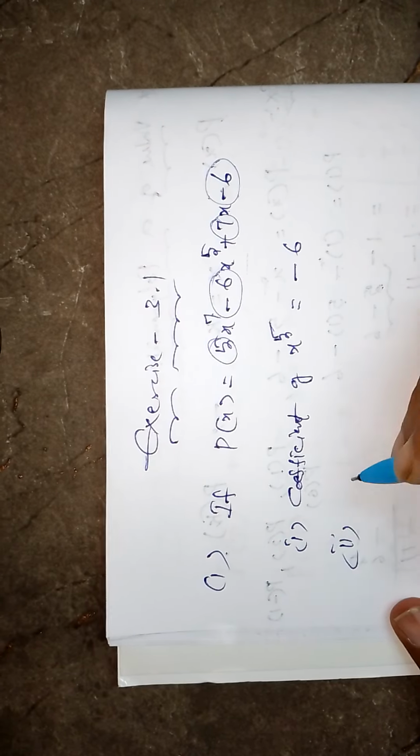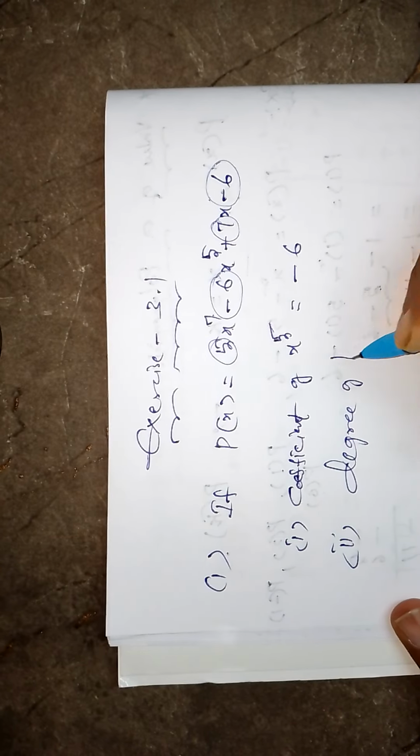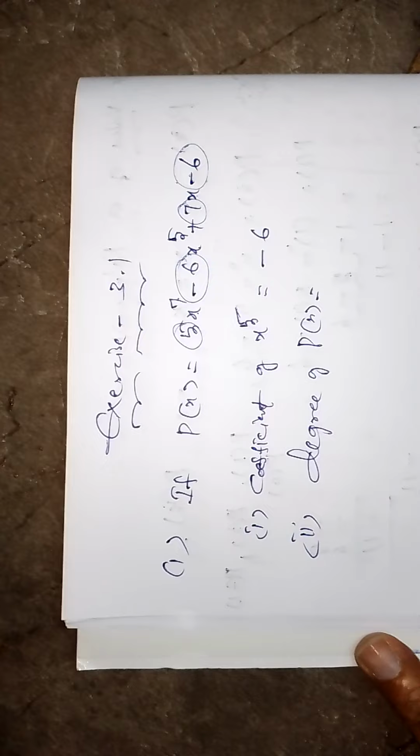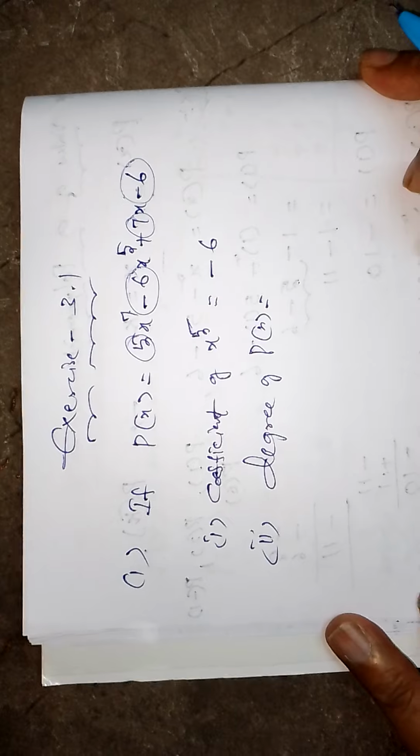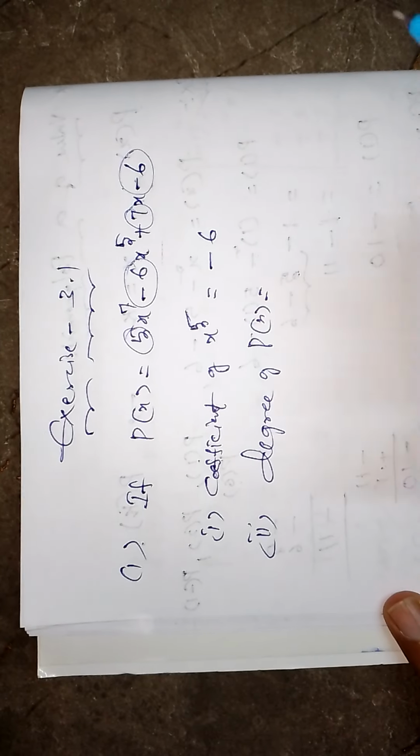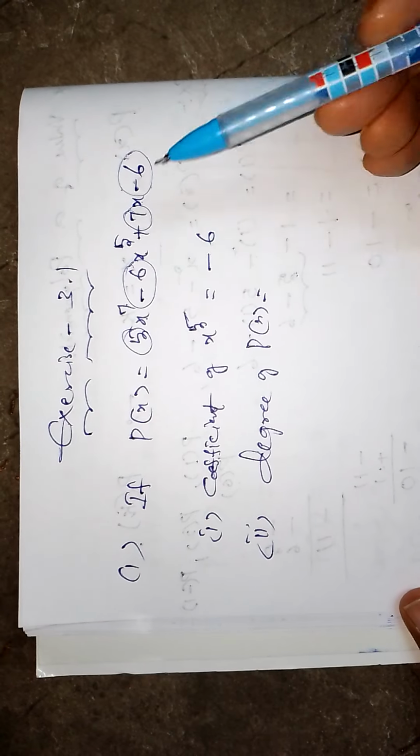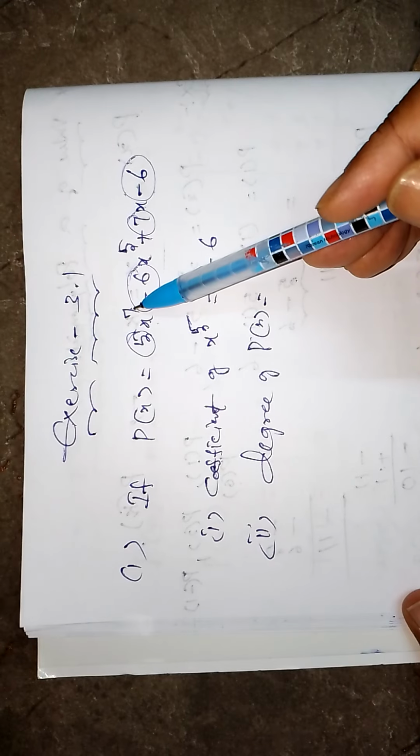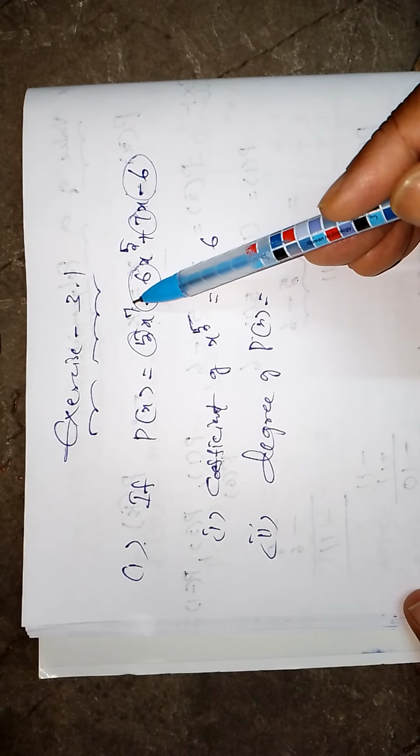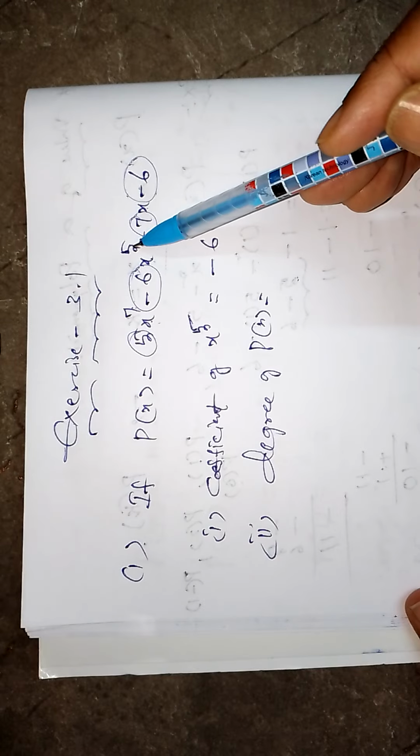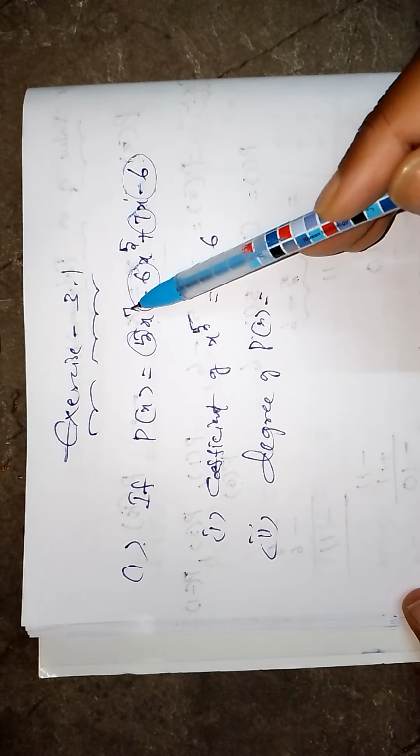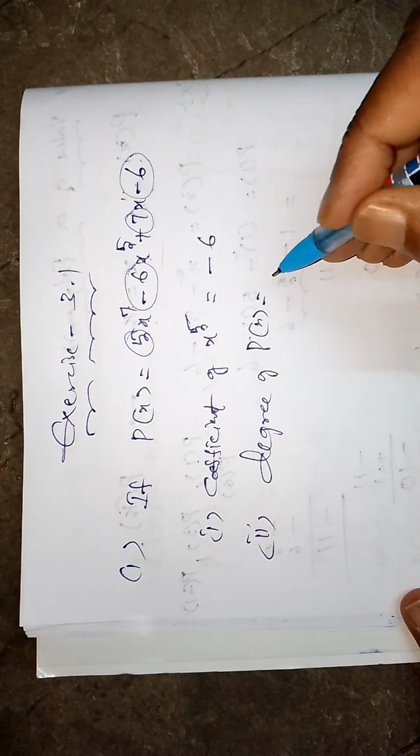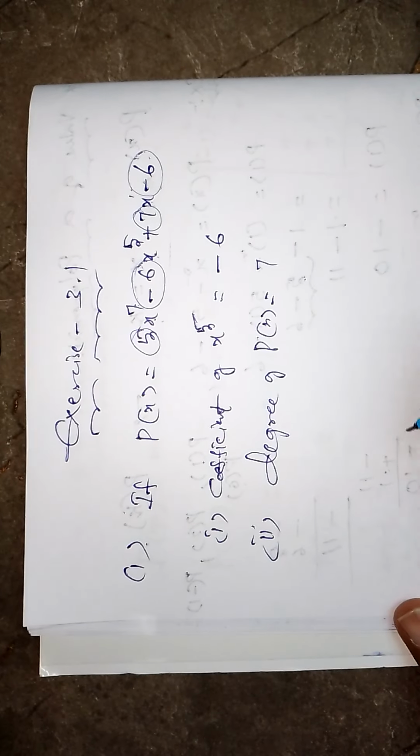The second one is the degree of p of x. You know how to find the degree; I already explained the concept of degree of a polynomial. To find the degree of any polynomial, we verify the degree of each term, and among them we choose the greatest one. The power of the variable in the first term is 7, in the second term is 5, in the third term is 1, and in the last term is 0. Among them, which is the greatest? 7 is the greatest. So the degree of p of x is 7. Next,